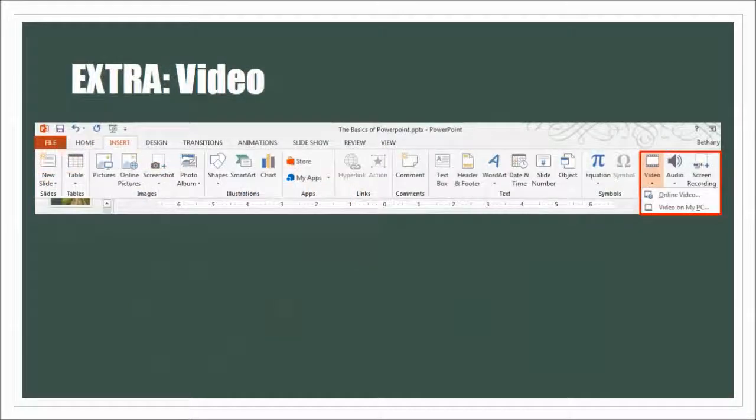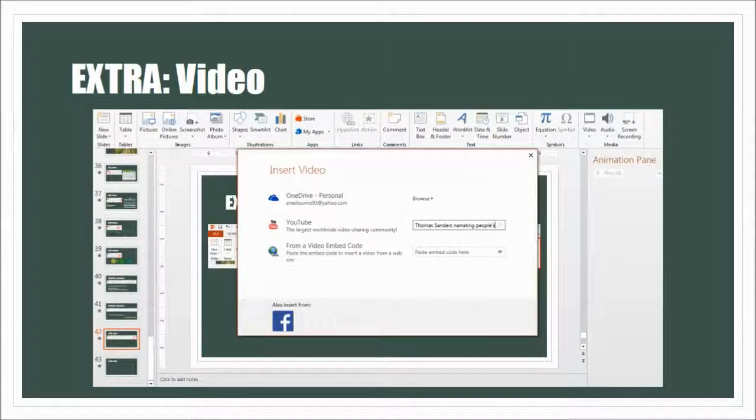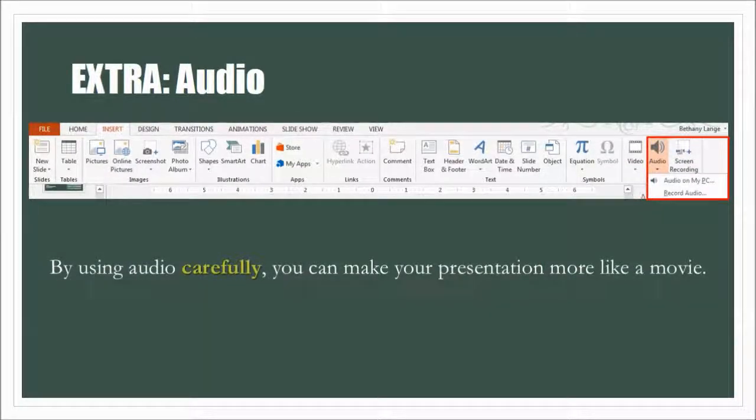The last 2 things I want to cover are adding video and audio to your presentation. Both can be found under the Insert tab. However, be aware that if you send your presentation to other computers, videos may or may not transfer. Also be aware of what equipment you will be able to use since you may not always have access to sound. You can look on OneDrive, YouTube, or Facebook for videos, starting directly from the PowerPoint program. You can also use a video embed code if you have it. Finally, you can also add audio to your presentation, which is what I have used in the past when uploading